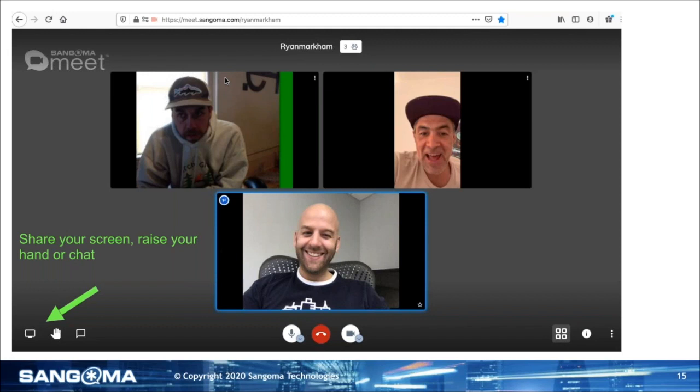Screen sharing is built into this, so the moderator has the ability to very easily share their screen with all these participants. We have a chat window capability baked in, so you can send messages across the board and even share files while you're on a Sangoma Meet call. Participants can raise their hands. The moderator has the ability to grant those rights for other people. They can mute the conference, lock the conference, and pass a screen share presenter role.